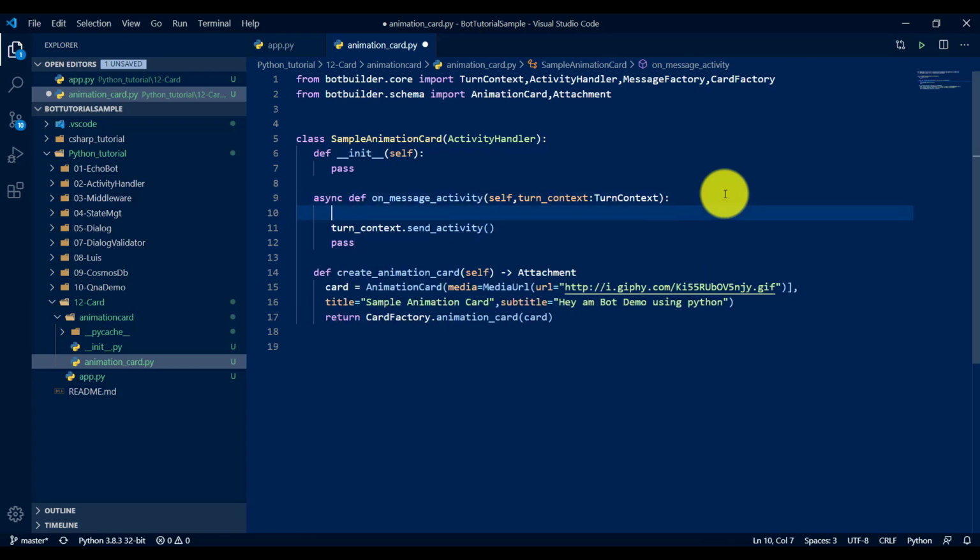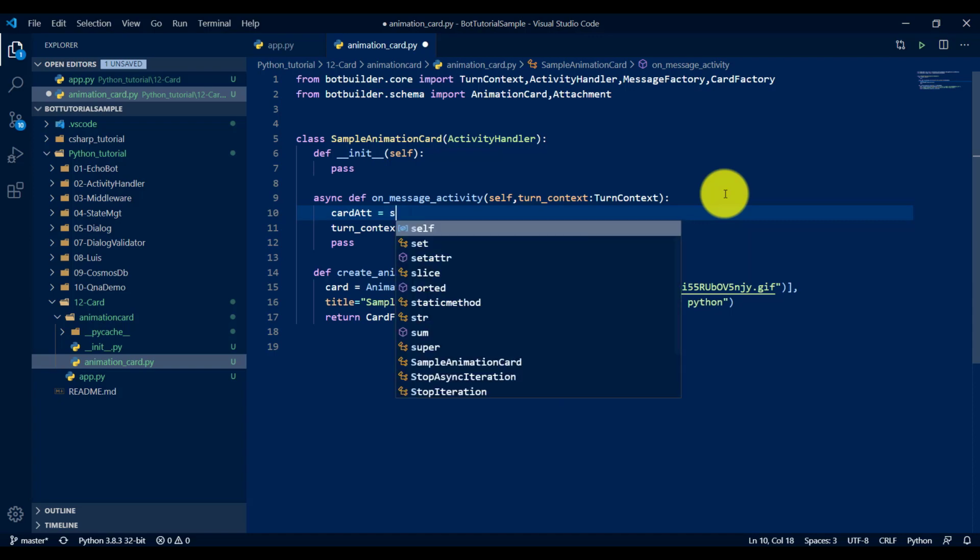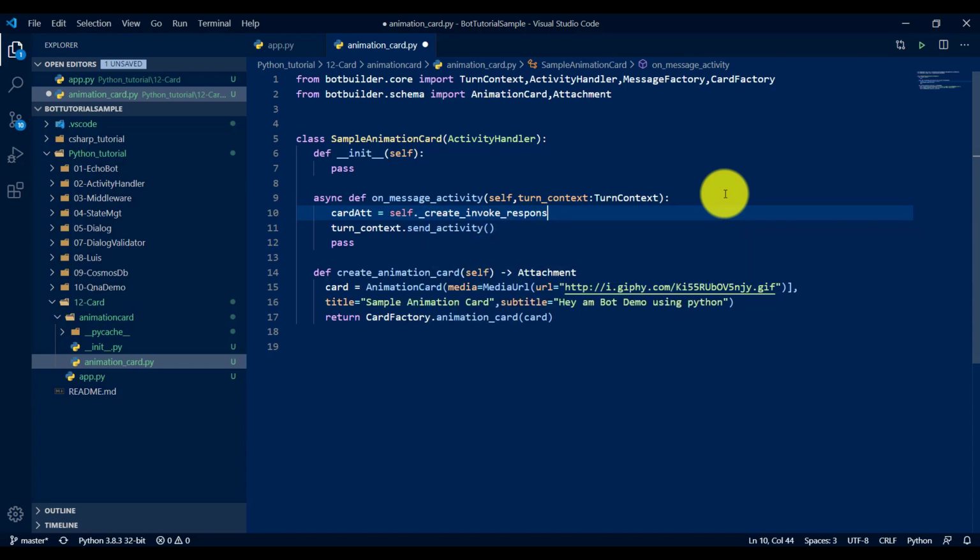Instead of card, I will make a message factory variable, card attach, and call the function self.create_animation_card.